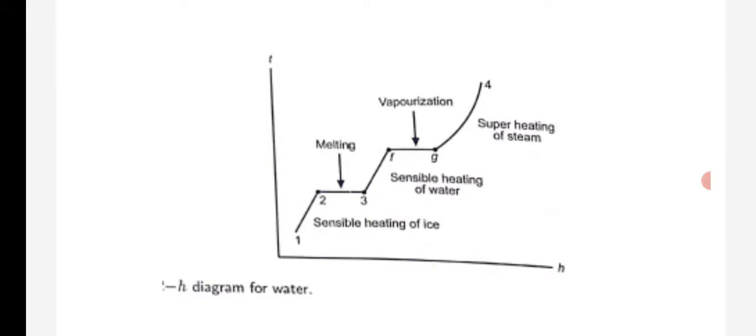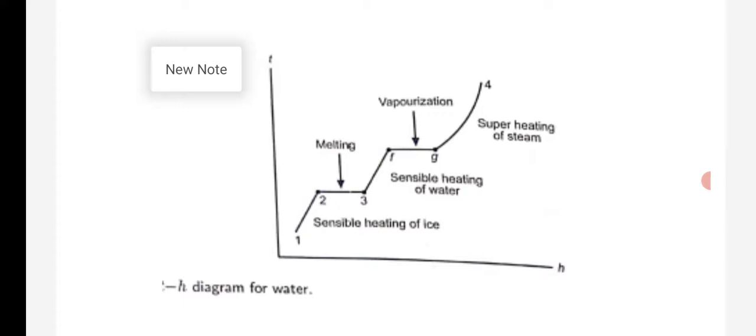So water will boil at around 100 degrees centigrade. So from 3 to F, the F is fluid, meaning it is saturated water. It is completely saturated water, F, at 100 degrees centigrade, for that particular saturation pressure. Please understand, as students of mechanical engineering, that when we talk of boiling point or saturation temperature, it is related to a certain pressure. So it is a function of pressure. Pressure increases, the boiling point increases. Pressure decreases, the boiling point of the liquid decreases. Okay.